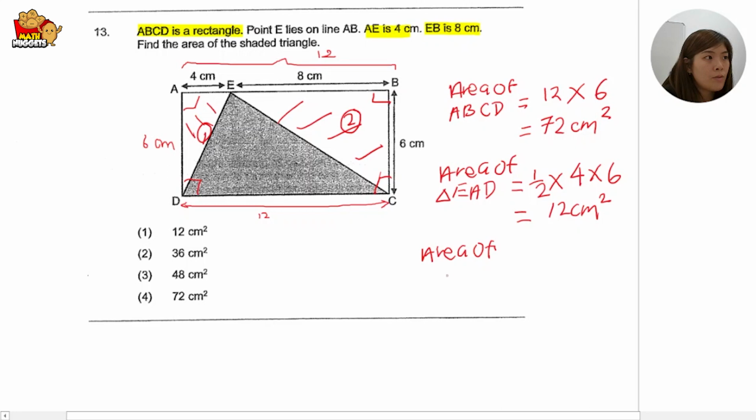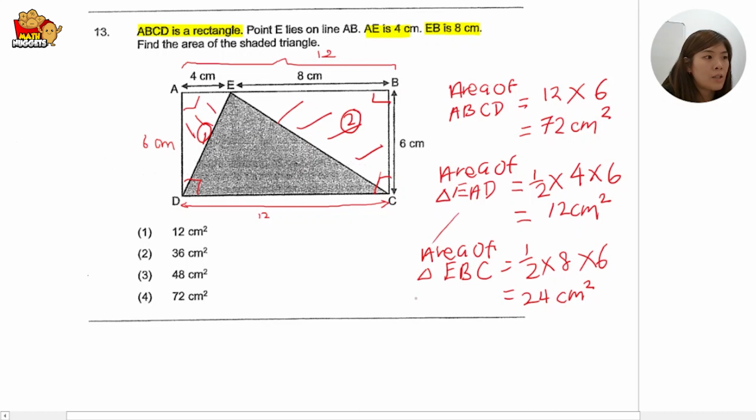Area of triangle EBC, half times 8 times 6, 24 centimeter square. So you found the rectangle, you found the two triangles, then next you can find the